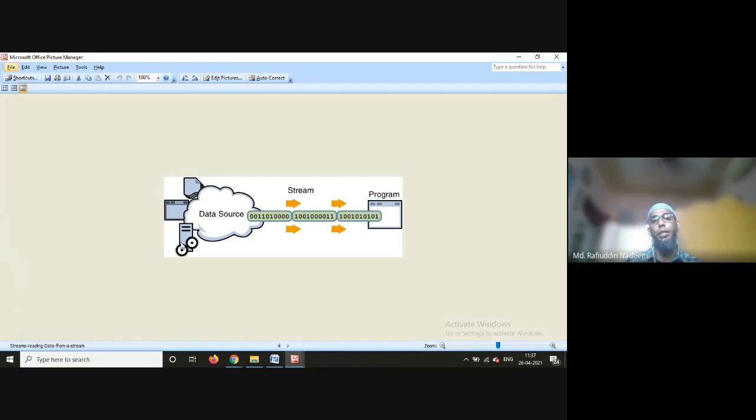Whereas if you are using a hard disk, a magnetic coated material will be there, and there the data is stored. The pen drive will be different. So whatever the data source may be, a pen drive, a hard disk, a floppy disk, a CD drive, or another terminal from which the data is coming,